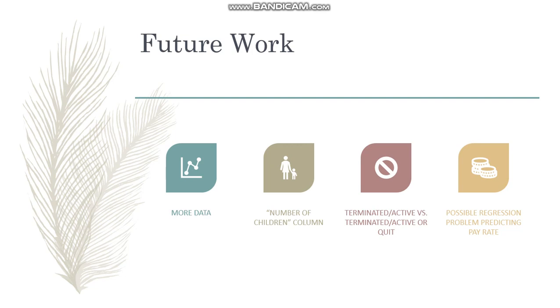And so in my analysis, I included terminated for cause and voluntarily terminated into the terminated status as a whole, and then everything else was in active status. And I think that maybe changing the terminated column to only terminated for cause, and then having the other employment status response be active status or voluntarily quit,